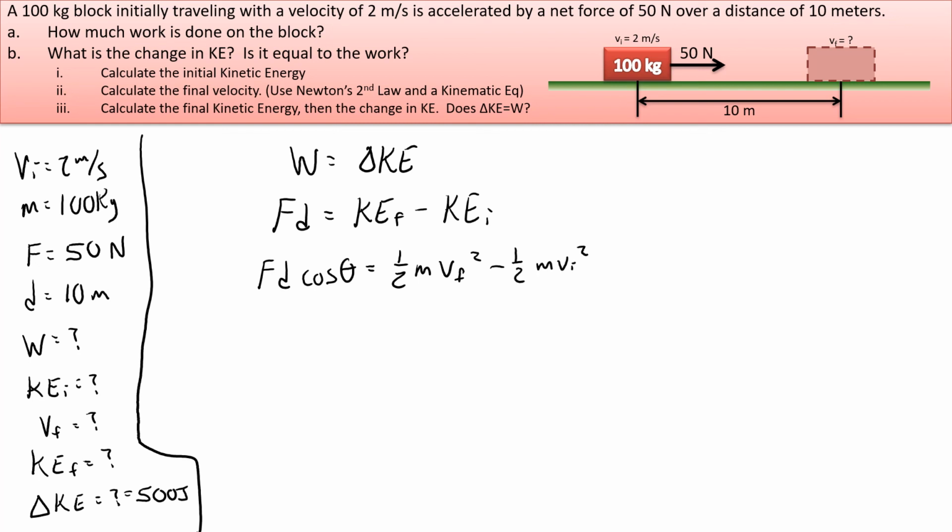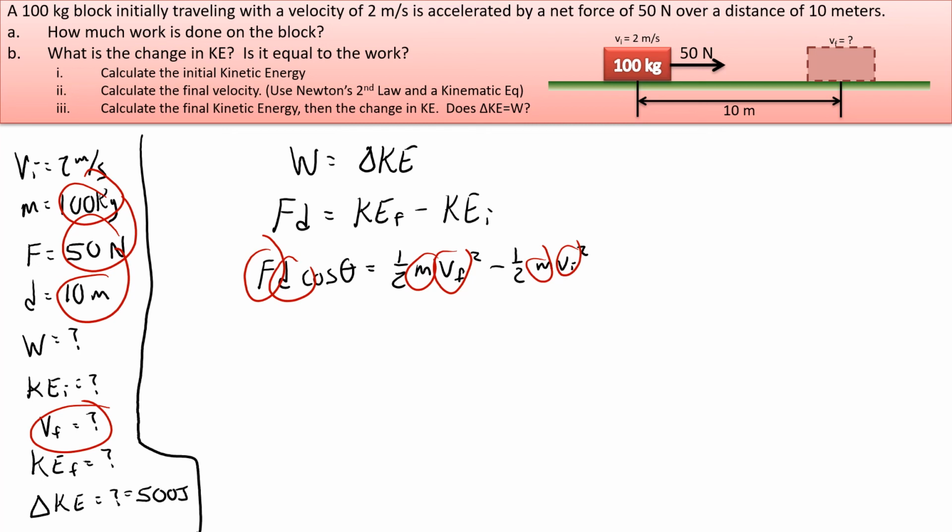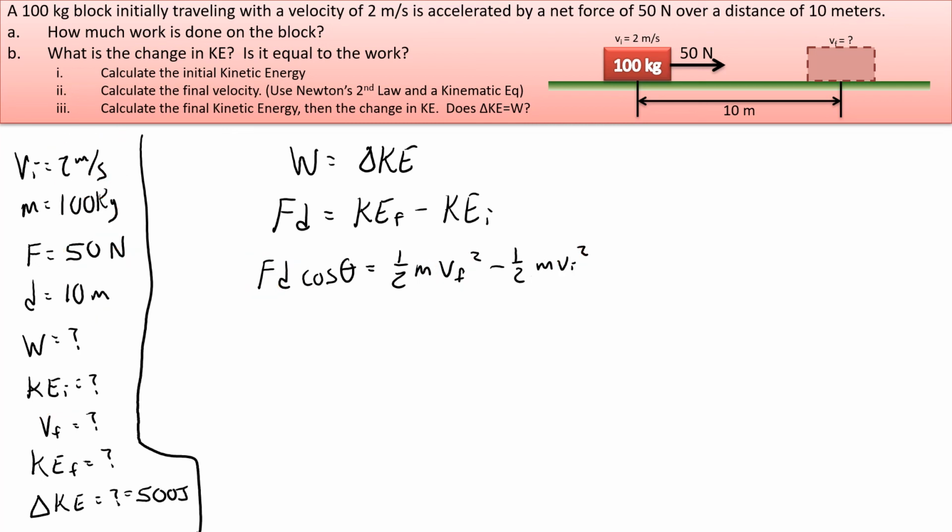Okay? And at this point, let's do the checklist. Do we know the force? Yes. Do we know the distance? Yes. Do we know the angle? Yeah, we said it was 0 degrees. Do we know the mass? Yes. Do we know the final velocity? No. Do we know the initial velocity? Yes. So this is actually one equation that you can use to find the final velocity